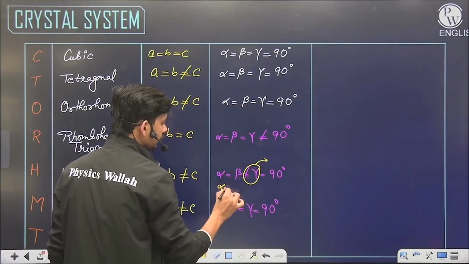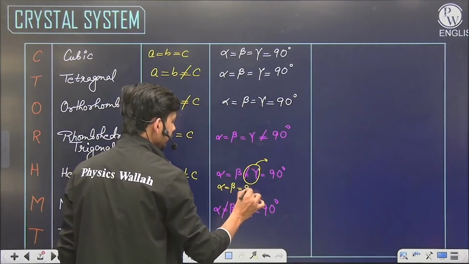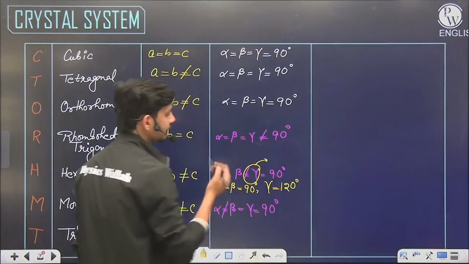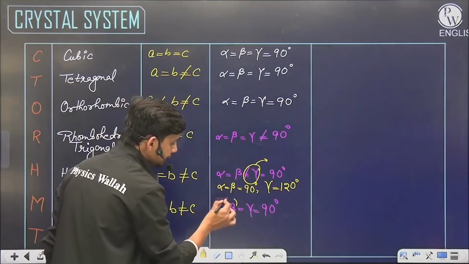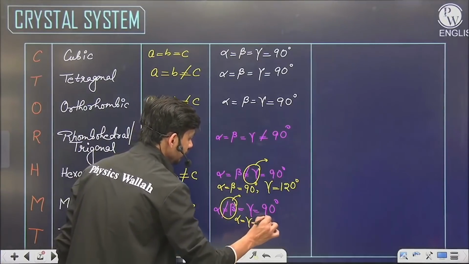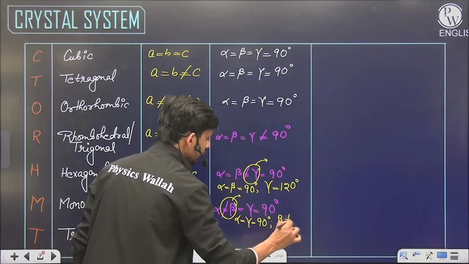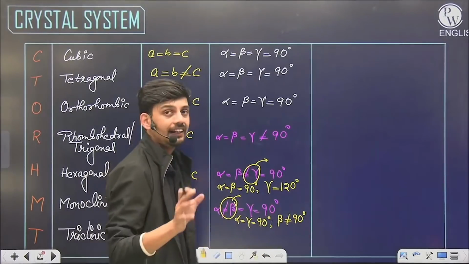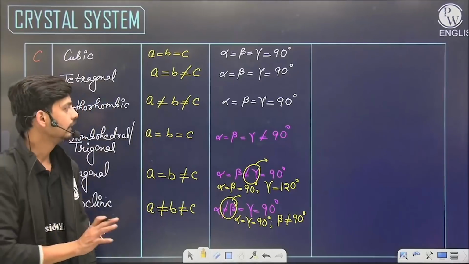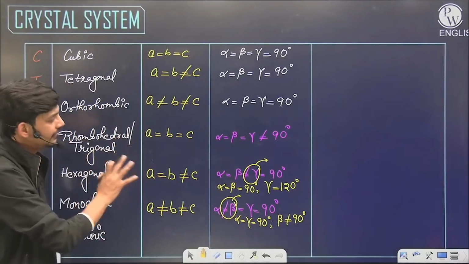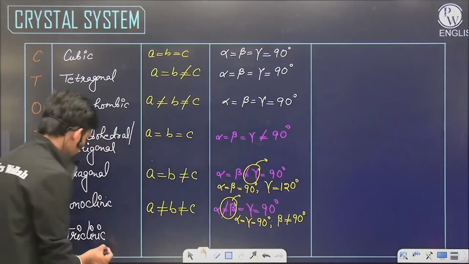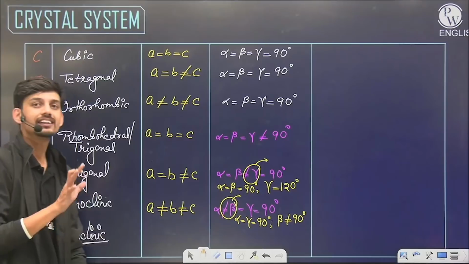So this will become alpha, beta equal to 90, but gamma is not 90 because gamma is 120 in the hexagonal cell. Similarly here, this beta will be taken out. So alpha, gamma equal to 90, but beta is not equal to 90. So the angle in front of which we have put the not-equal sign will be separated from the rest of the terms. So this is the trick to learn all these 6 crystal system unit cells. And for triclinic we can learn, this is the most random crystal.